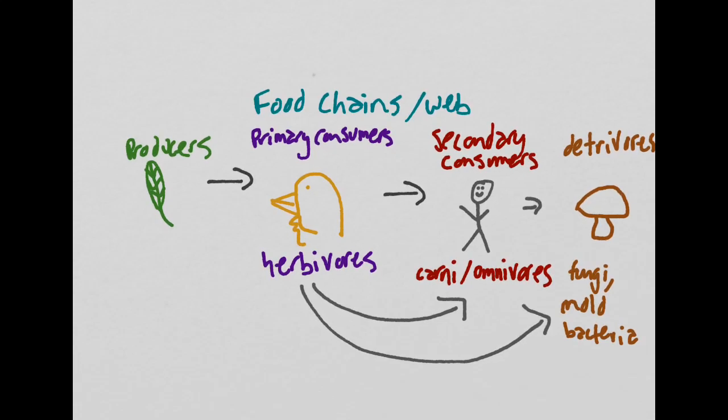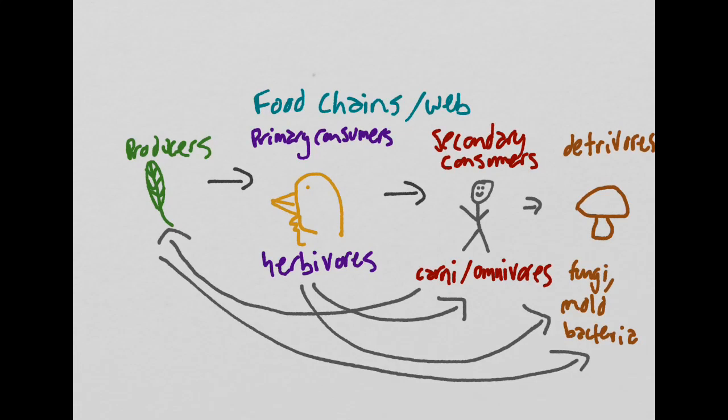Or this could go another way. Secondary consumers might eat the herbivores, but they might also, like in the case of humans, eat the producers. And perhaps plant matter that is not eaten, like, say, a dead tree trunk or such, might also be consumed in a quote-unquote way by the detritivores. Oops, sorry, gotta fix